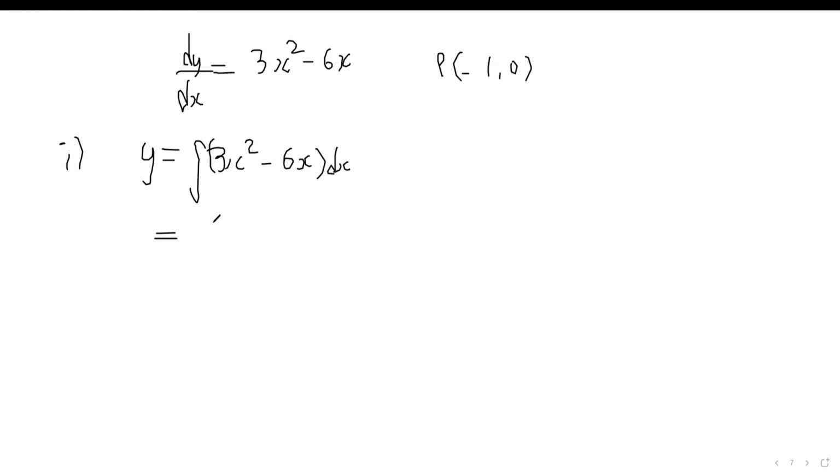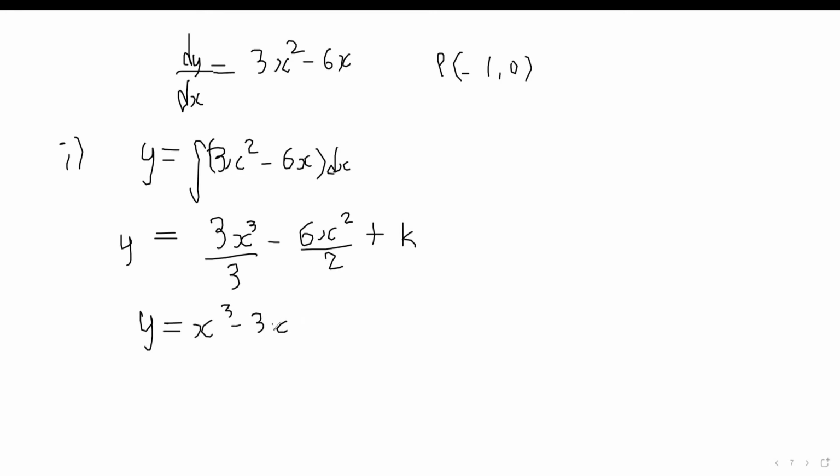What you're going to get is, add 1 to the power, you get 3x cubed divided by the power of 3, minus 6x squared divided by 2, plus some constant k. That's what you end up getting for y. So the equation of the curve is y equals x cubed minus 3x squared, plus k. But remember,